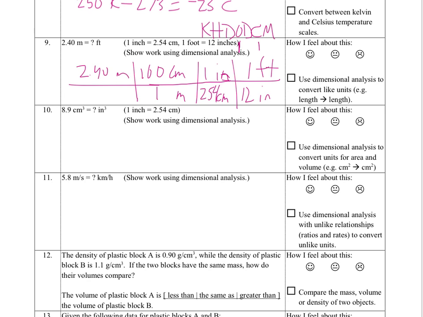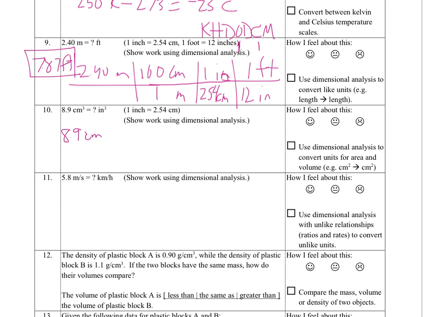I get 3 significant digits in my answer because there are 3 here, right? So my answer is 7.87 feet. I'm like running out of space here. All right, the next one,